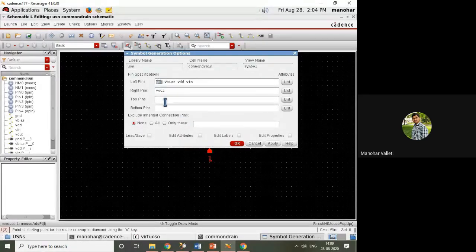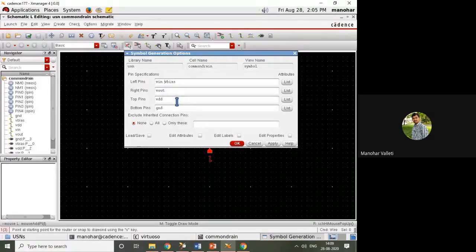I want ground to be the bottom pin, and VDD to be top. So first I want V in, next V bias, as left pins.